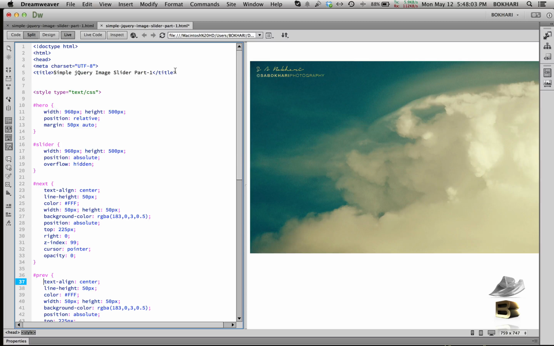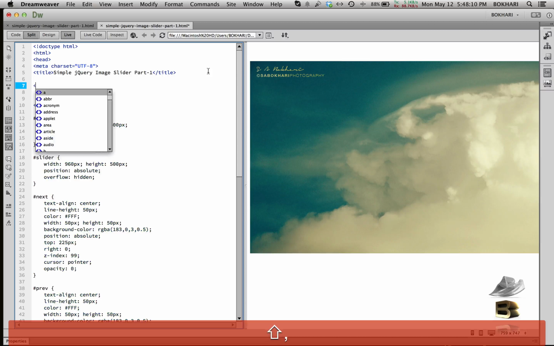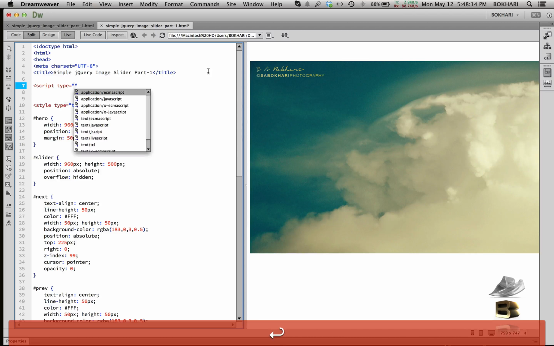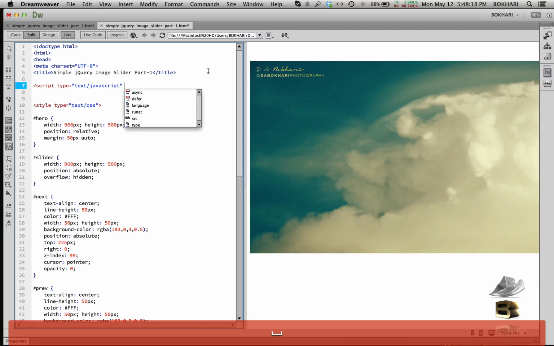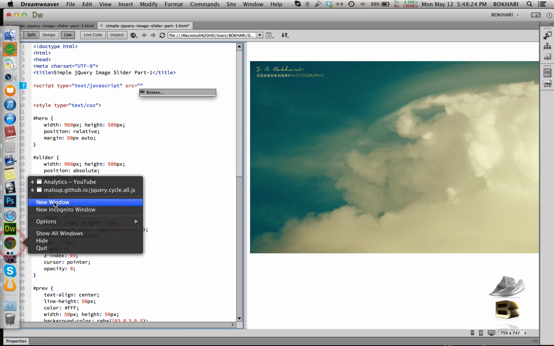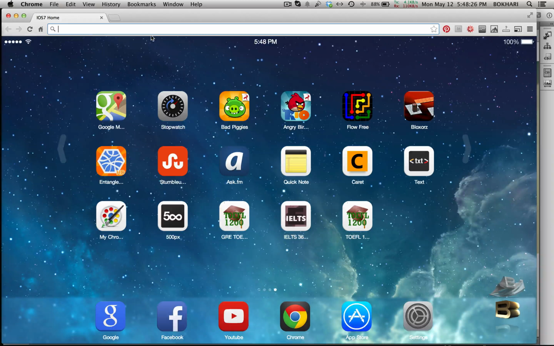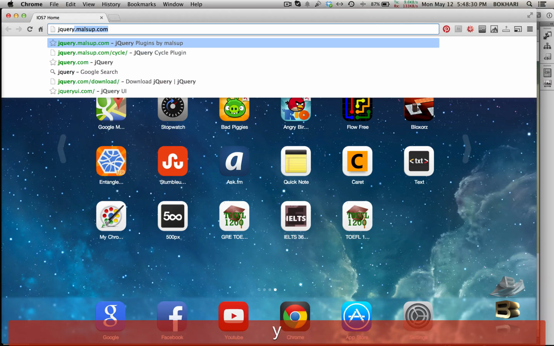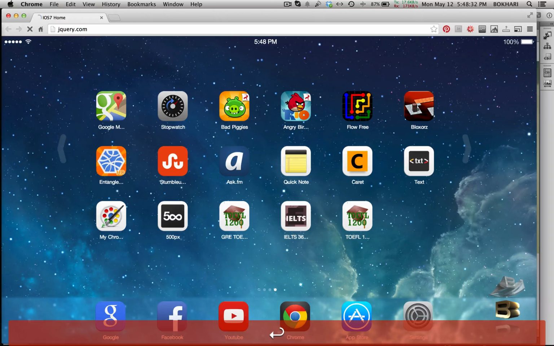and that will be the jQuery. Okay, so we're going to add the jQuery functionality in there. So just after the title, script type text slash javascript and then a space src. We don't have the file, so let's get the file. I'm going to open the browser and go to jquery.com